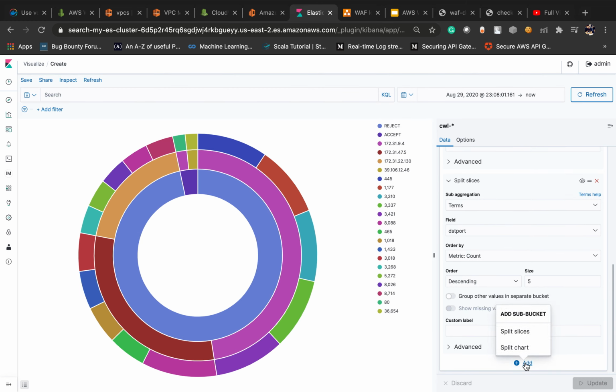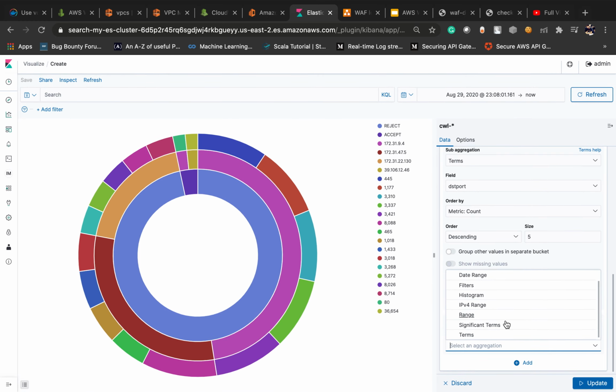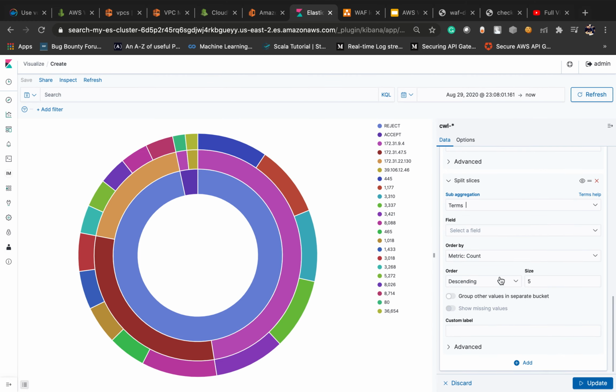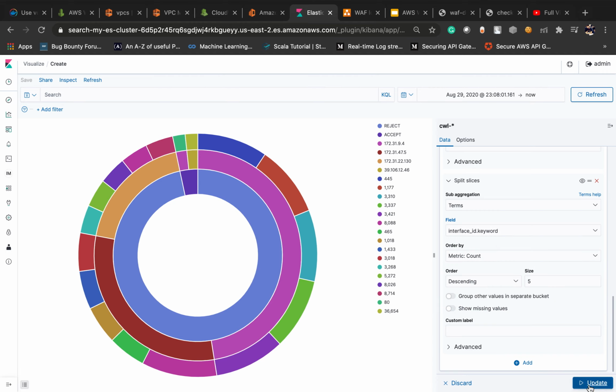If you want some more data, click on split slices. Here you need to search for terms. Now add some more fields like action, destination, this one, interface ID.